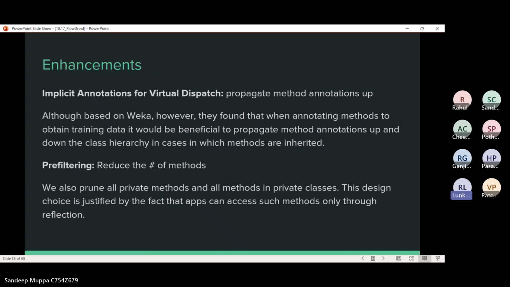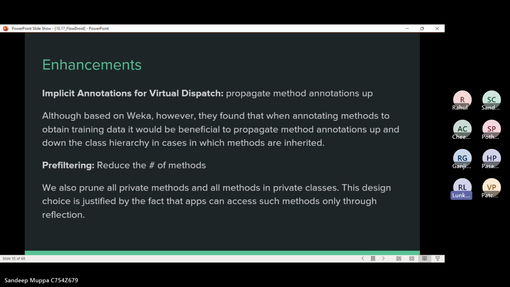So there were some enhancements found after the evaluation process. There were two enhancements. One is implementing annotations for virtual dispatch, and the other was pre-filtering. When we say implicit annotations for virtual dispatches, it's based on Weka.